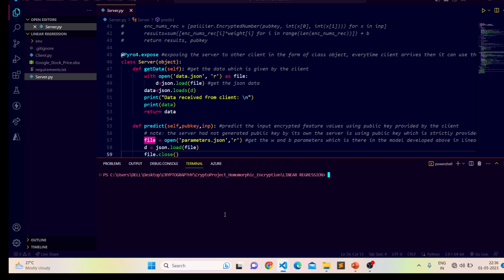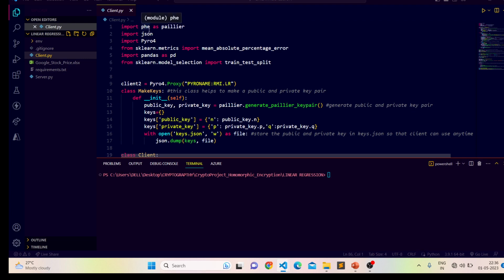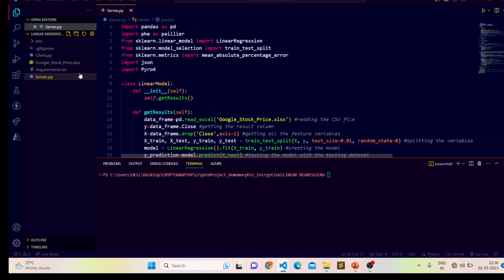So let's execute it. Here we have implemented this using an RPC call. The client and server will talk to each other using RPC calls, and the encryption will be performed using the PHE module of Python, and the model will be developed using the scikit-learn module, and we will be predicting the Google stock price.